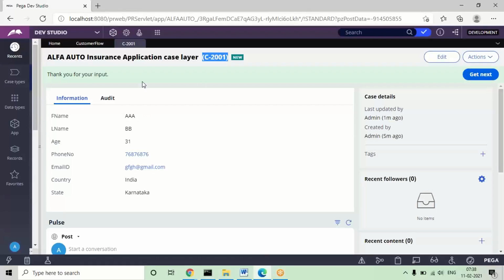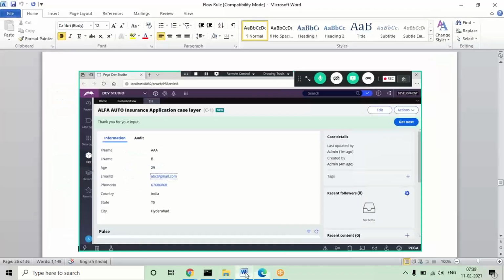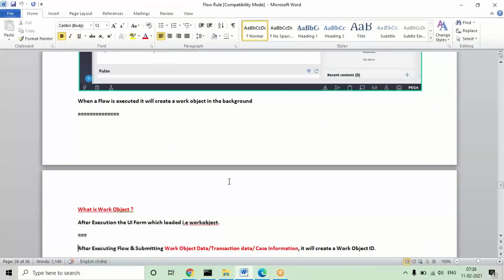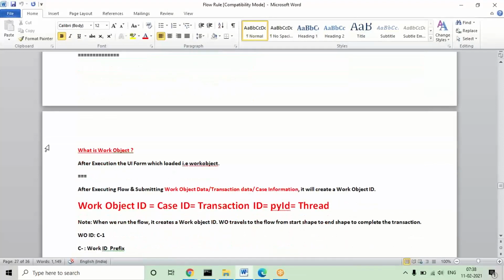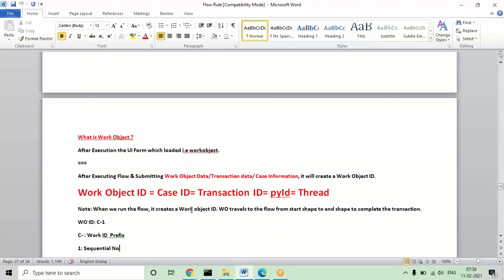But before that, in today's session, we'll understand the backend process. You don't do this in real time, but I want to show you what happens to this data and where it will be stored in the server. First, the page that opens after running the flow is called the work object page. When you execute the flow, the page that loads can be called the work object form or work object page. After the work object form opens, an ID is created, like C-1 in your system initially.